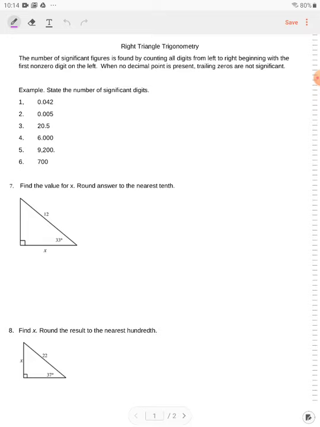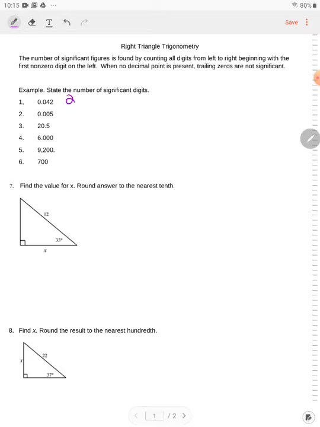Significant figures are found by counting all digits from left to right, beginning with the first non-zero digit on the left. When no decimal point is present, trailing zeros are not significant. State the number of significant digits. If you notice, you start from the left, the 4 and the 2, so that gives us 2 significant